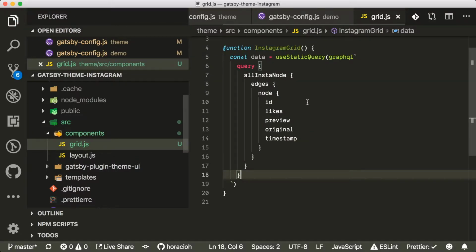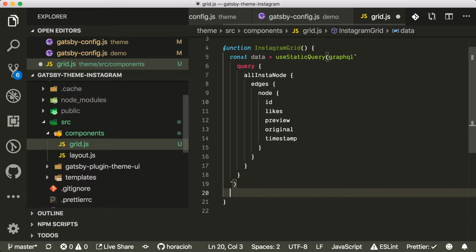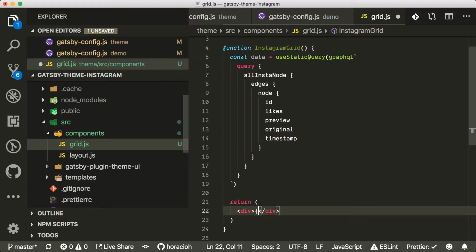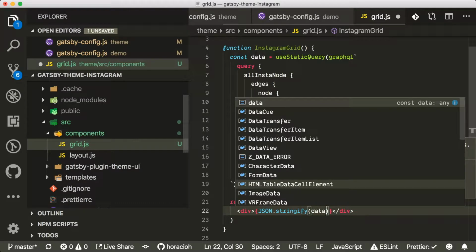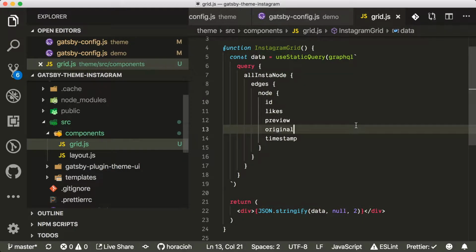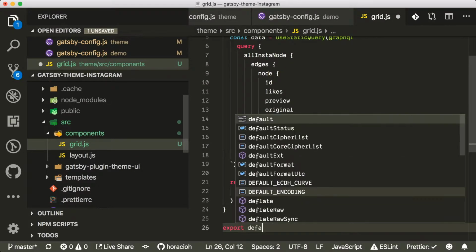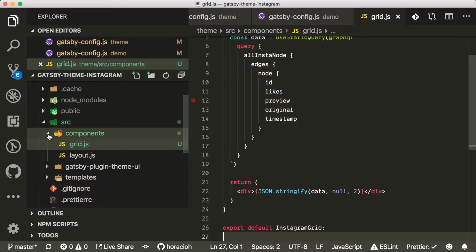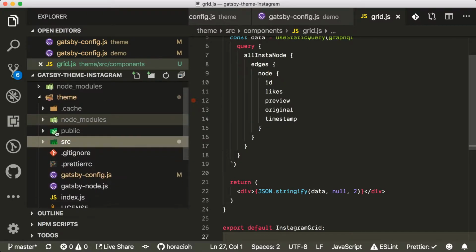So now with this data, what I can do is return a div, and then here it's JSON stringify data. No, 2. Okay, so now with this setup, I need to export default Instagram grid. This is very silly, but now what I can do,